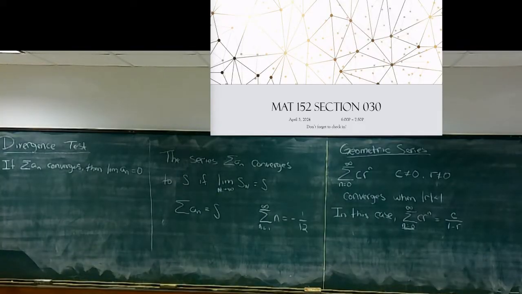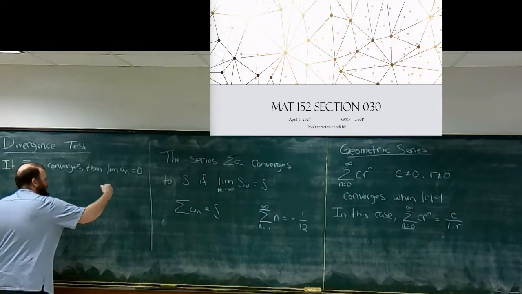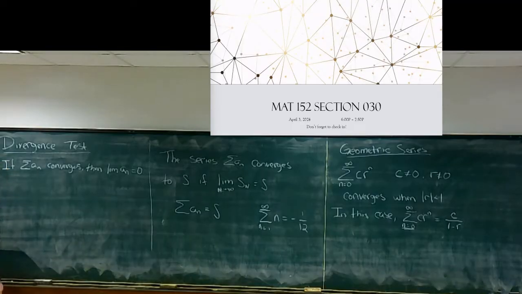But this is not an if and only if statement. So if you calculate the limit of the nth term and you get 0, it doesn't necessarily mean your series is going to converge. This is just saying that if the series converges, then the limit's guaranteed to be 0. Which means, as the test is actually stated, it's useless. However,